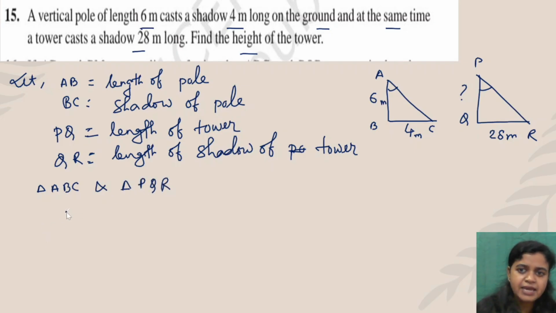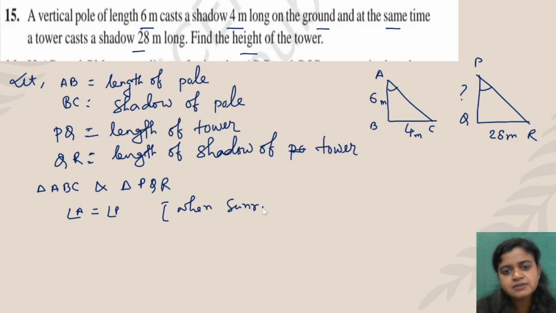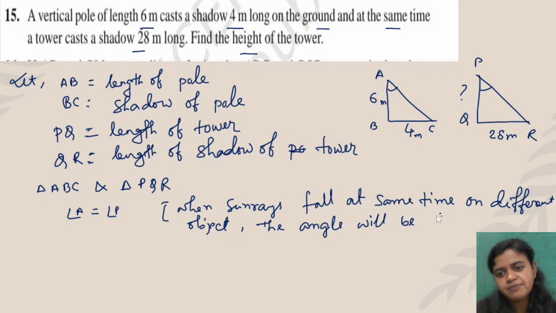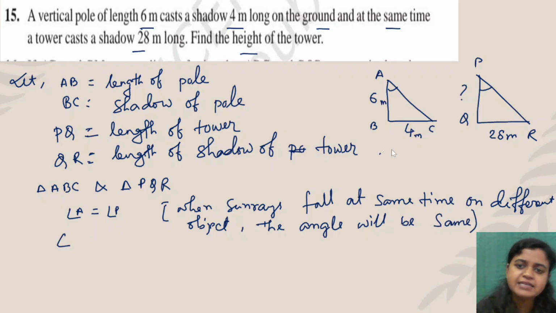PQR, we can say angle A equals angle P. So you can write the reason also: when sun rays fall at the same time on different objects, the angle of falling will be the same. Okay, so that is why angle A equals angle P, and